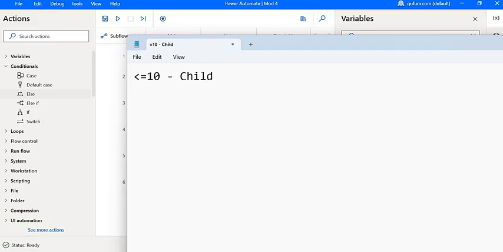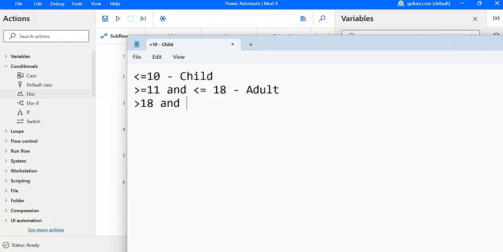Then greater than or equal to 11 but less than or equal to, let's say, 18 is an adult, because a person becomes an adult after 18. So greater than 18